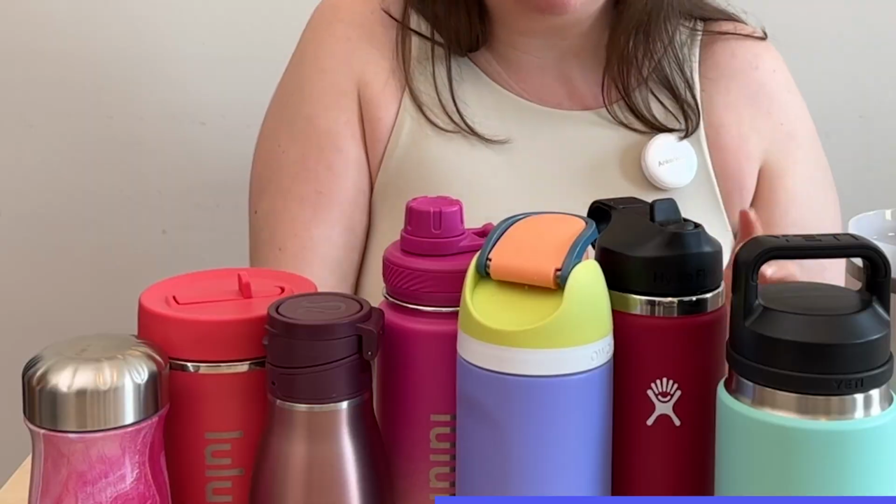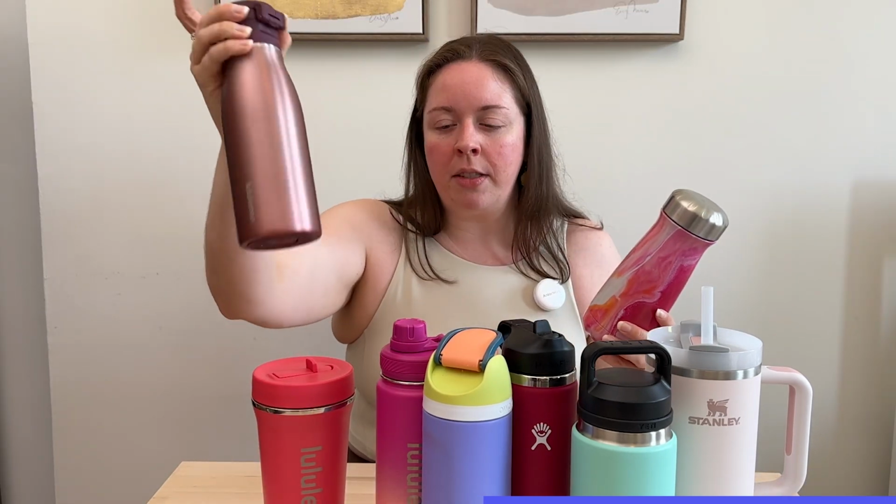Now, right off the bat, I'm gonna say as well that all of these have slightly different purposes. Some of them you could just say your basic cold water bottle, but other ones like the tumbler here, and this is a tumbler as well, are gonna have slightly different purposes, and you have to keep in mind that we've got two that are very different sizes comparing to the rest of them. So we go from sort of a small water bottle to a large tumbler